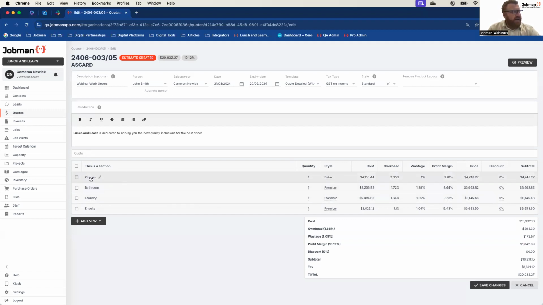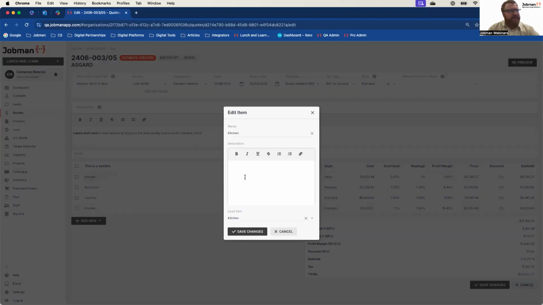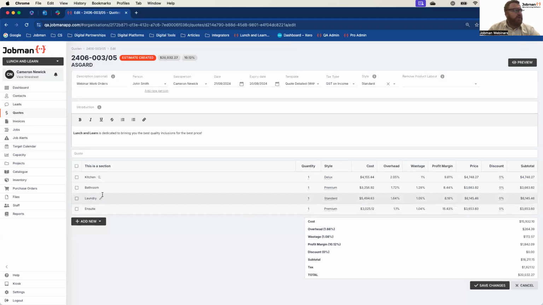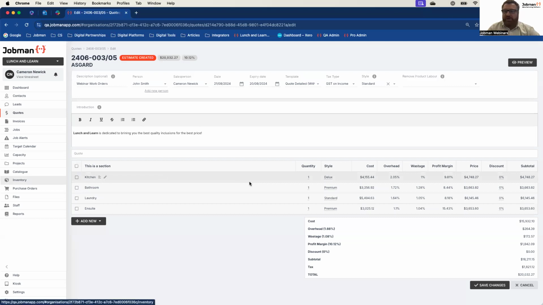The second part are what we call items. Think of these as areas or rooms. The advantage of this is it's like a container. This is the standard inclusions. So this is a container telling the client, or even telling your team, what we're quoting, what area we're quoting on: kitchen, bathroom, laundry, ensuite, front fence, back fence. It could be CNC machinery. It could be steel tops. For boating, for example, these areas could be the deck versus the hull, versus the engine rooms, versus the kitchen fit out, versus the upholstery. So that's the second section: sections and then items.